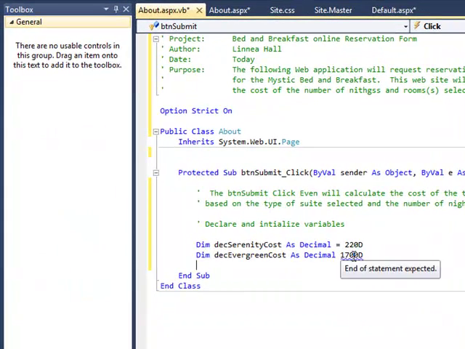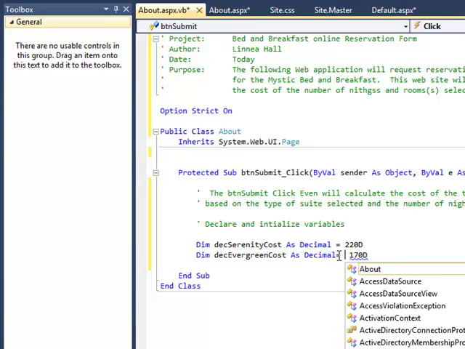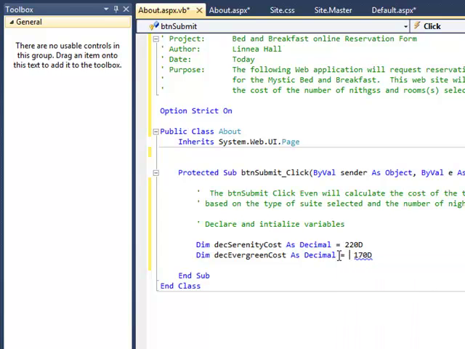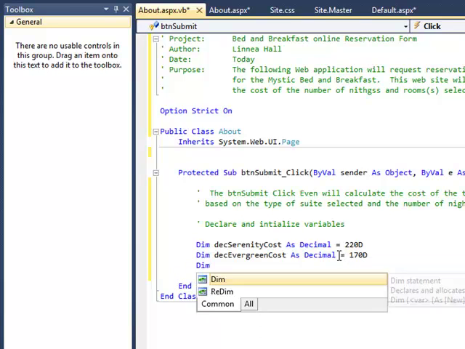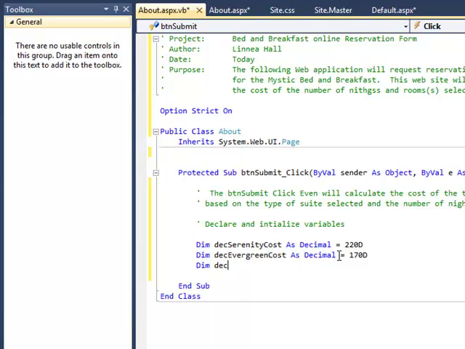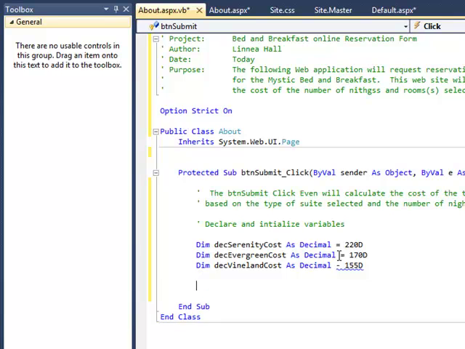Oops, not $1,700. And we need our equals. Our Vineland is $155. Okay, then our strings